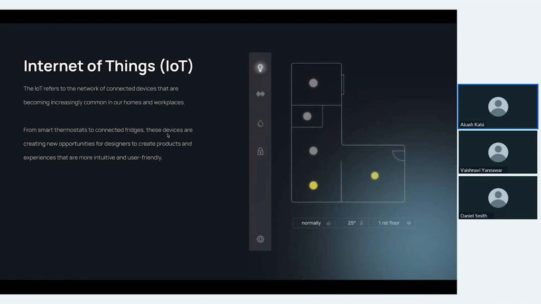So what we, being UI UX designers, can do is create experiences that allow users to control their smart home devices, like adjusting the temperature, turning lights on or off, and locking doors, right at their fingertips. We can make it so easy that they could do everything with just a few clicks. We can see these technologies already entering the market, in which you can manage your whole house with just taps on your mobile devices. Isn't it amazing, right?